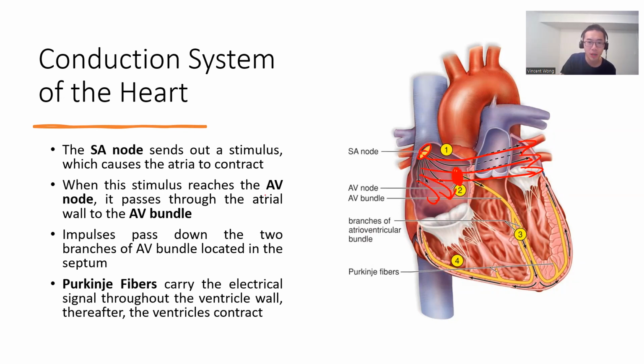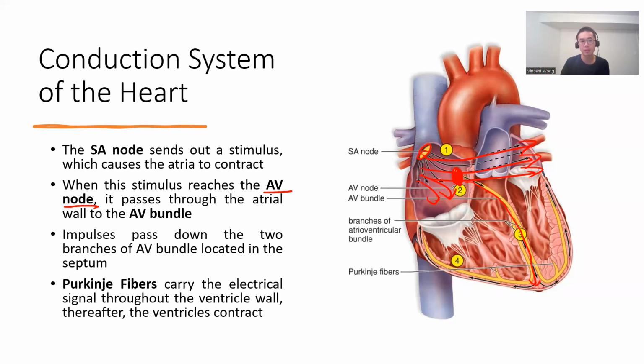Okay? That is called the AV node. The AV node is going to boost the signal. Okay, when it receives the signal from the SA node, it boosts it. So it strengthens it again, such that it can travel further in the heart. It's like a Wi-Fi extender. All right. So the AV node will take the signal, and then it will pass it down a bundle of